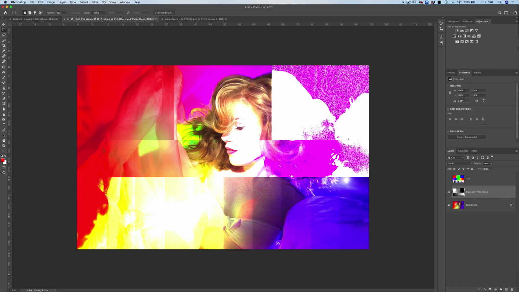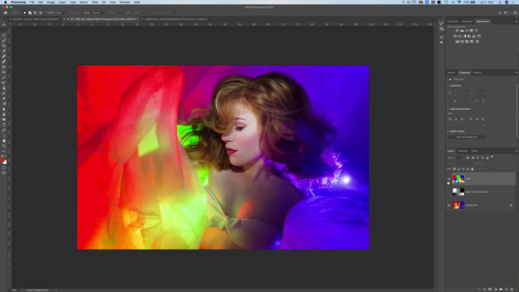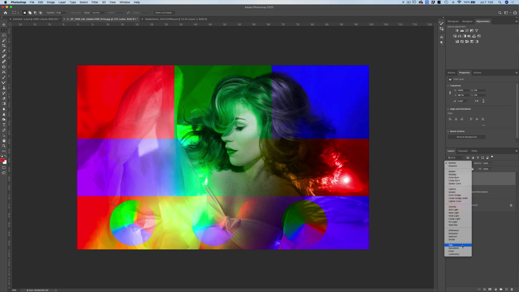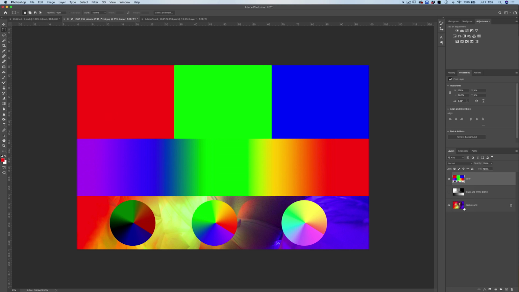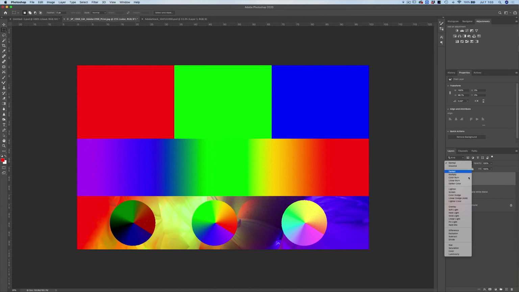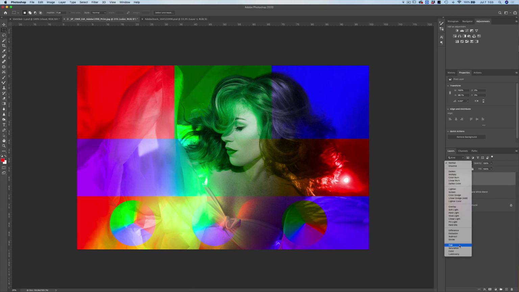I'm going to turn the visibility of our black and white blend layer off, and I'm going to turn my color layer on for this next section. This next section is the color blend modes. The technical word for the color blend modes is component blend modes. And what's different about these blend modes is that they use the hue value, the saturation value, and the luminance value to make their adjustments. And this looks at not only the layer that we're working on, but the underlying layer as well. Okay, so remember that we have turned off our black and white blend layer. So the first blend mode in this section is going to be hue.